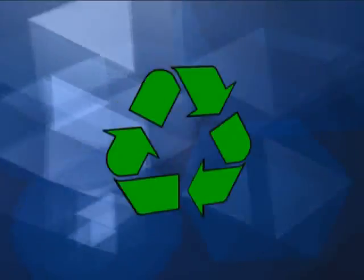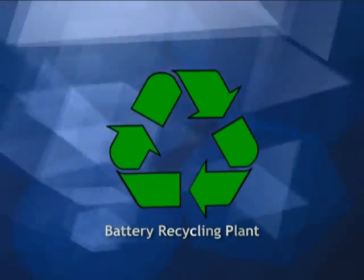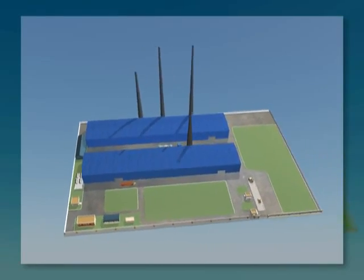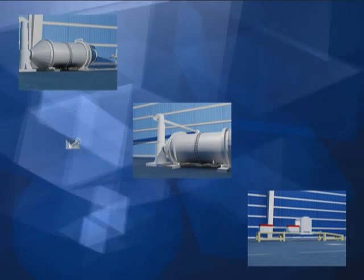Recycling plant. Welcome to our battery recycling plant. First, let us